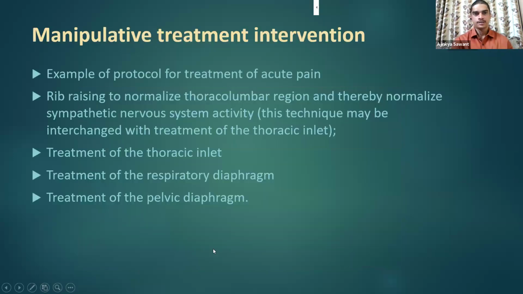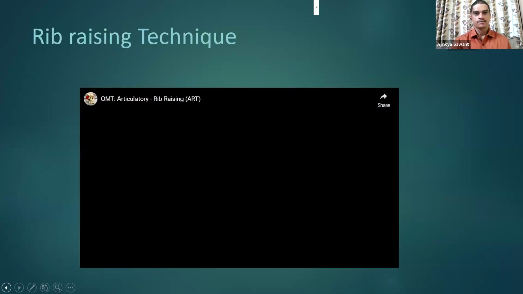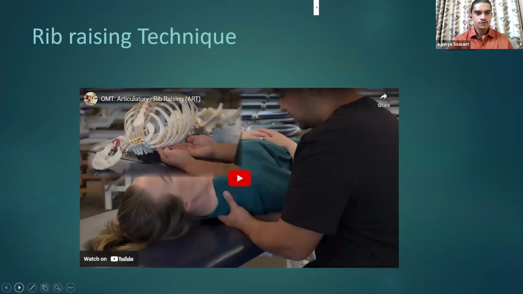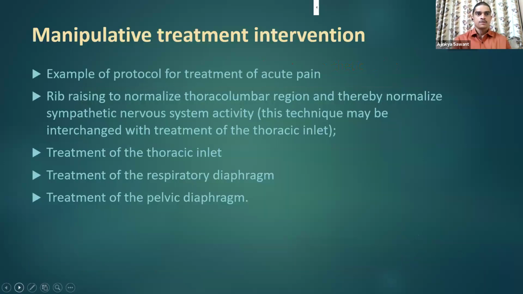Did everybody get the video, what I was saying about mobilizing the rib angle? Any questions till now? This is called rib raising. It is more of an osteopathy technique, post-surgical. And there are further osteopathic techniques which can be done in acute pain: rib raising to normalize the thoracolumbar region and thereby normalizing sympathetic nervous system activity, and